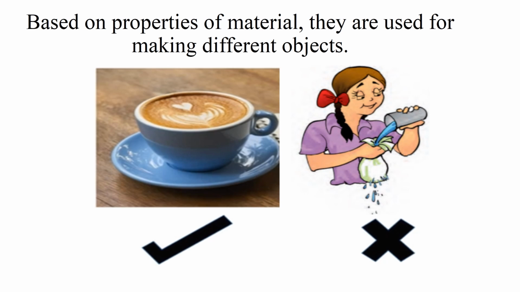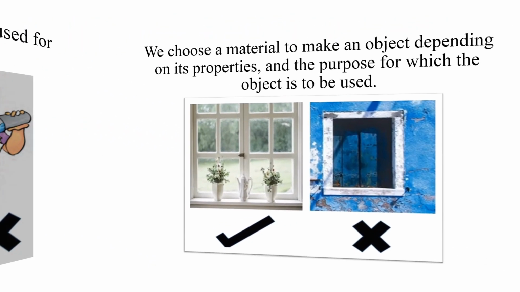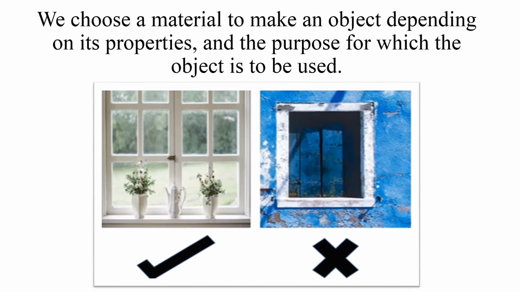For example, a tumbler is always made with clay or plastic material because its purpose is to hold the liquid. Would it not be silly if we were to make a tumbler out of cloth? A cloth material will not be able to hold the water. Similarly, it would not be wise to use paper-like materials for cooking vessels. Similarly, windows are always fixed with glass so that we can always see outside even when they are closed.